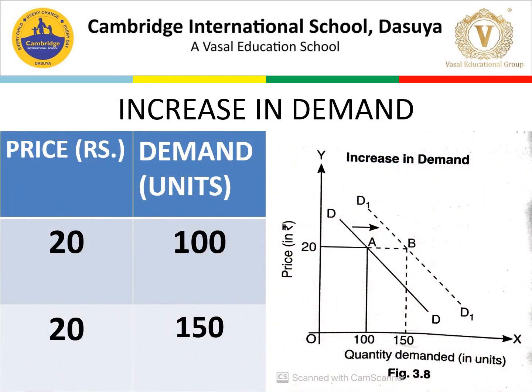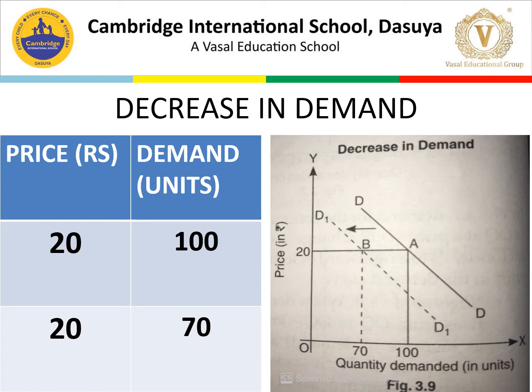So here is increase in demand. You can see the first schedule here. When the price is the same, I told you already, price is the same, but the demand increased because other factors are changing. In this case, we can see DD to D1 D1, that is the shift. The demand curve is shifting towards the right hand side. We call this an increase in demand. Now let's see the next thing.